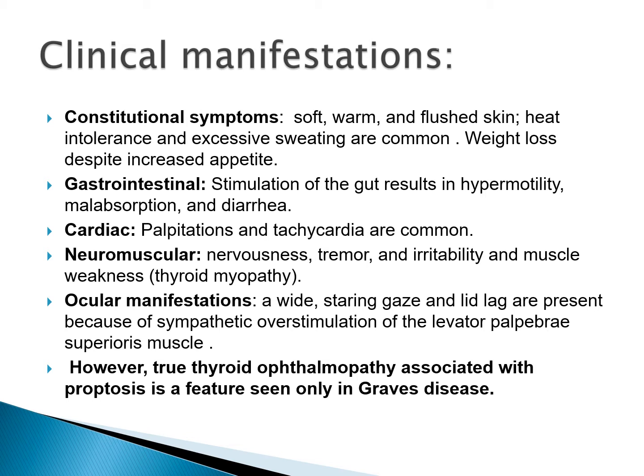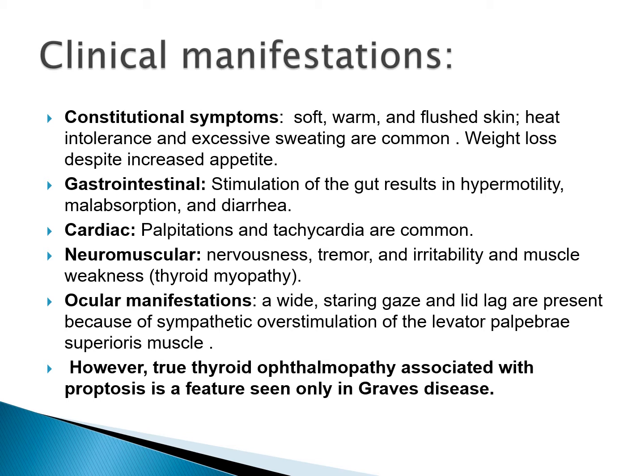The gastrointestinal manifestations: there is rapid movement, rapid peristaltic movements or hypermotility in the gastrointestinal tract. This will lead to diarrhea and malabsorption, because there is no time for the food or for nutrients to be absorbed. The third organ affected is the heart, with cardiac manifestations characterized by palpitations and tachycardia. The heart rate